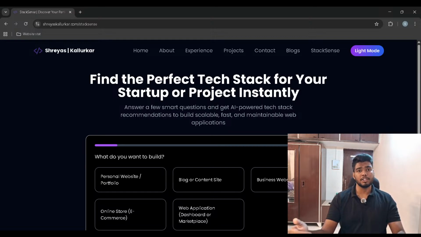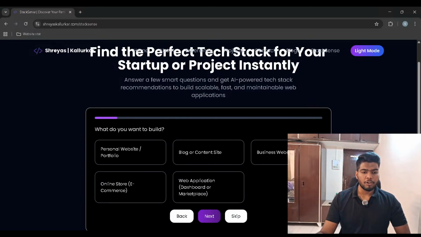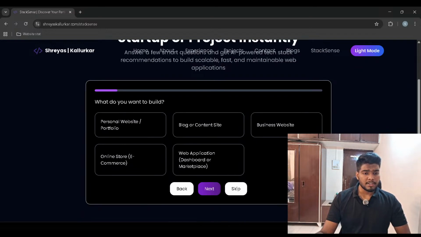Or if users give more feedback that the quiz is just decision fatigue and has too many steps and all that, then we will replace it with the chat prompt or something else. We will think on that. But for now we will go through the quiz, and let me know your thoughts on this, so that I can improve the product or the tool. So yeah, let's answer these questions.